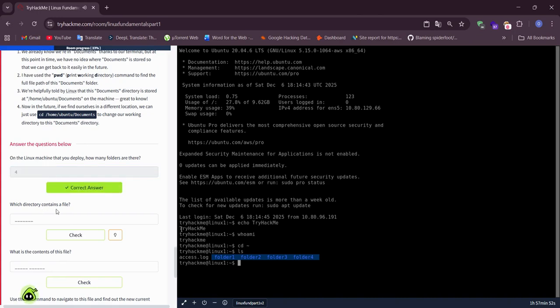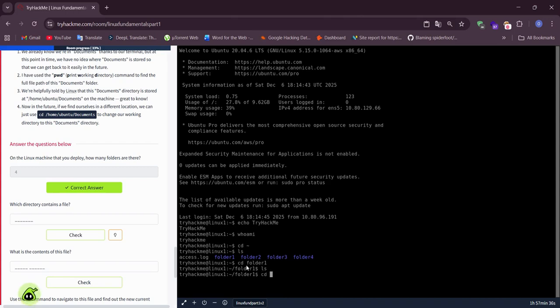Which directory contains a file? cd folder1 and ls. There is not any file.